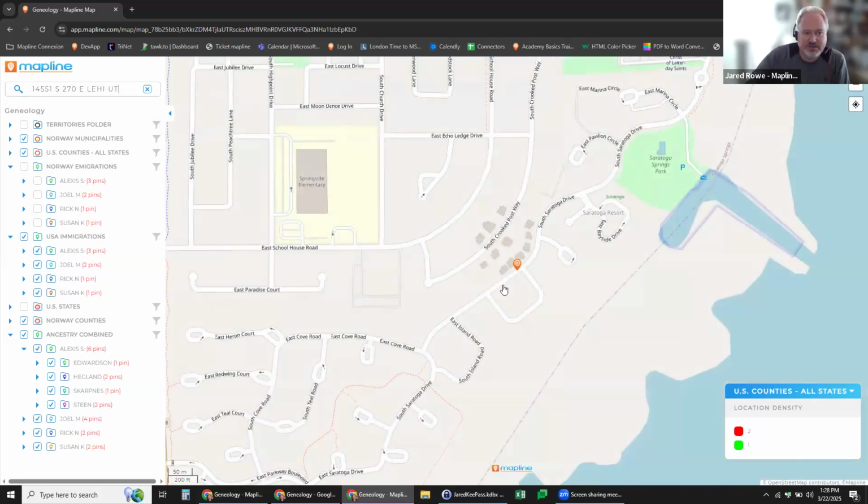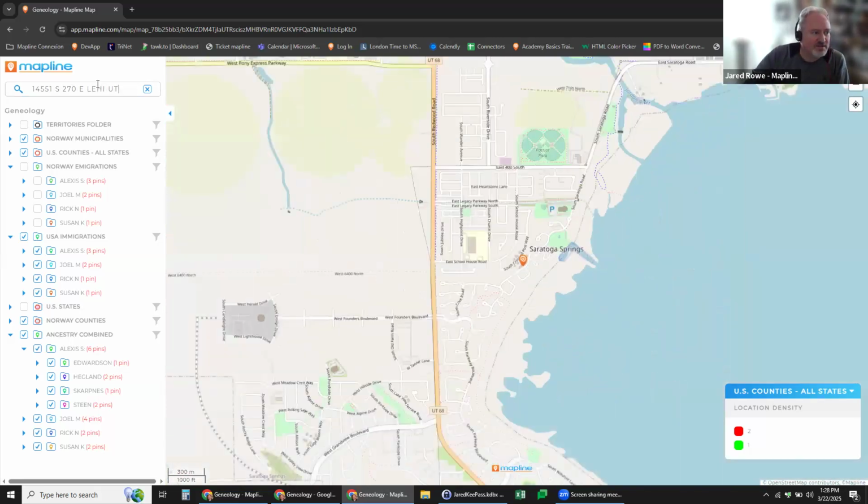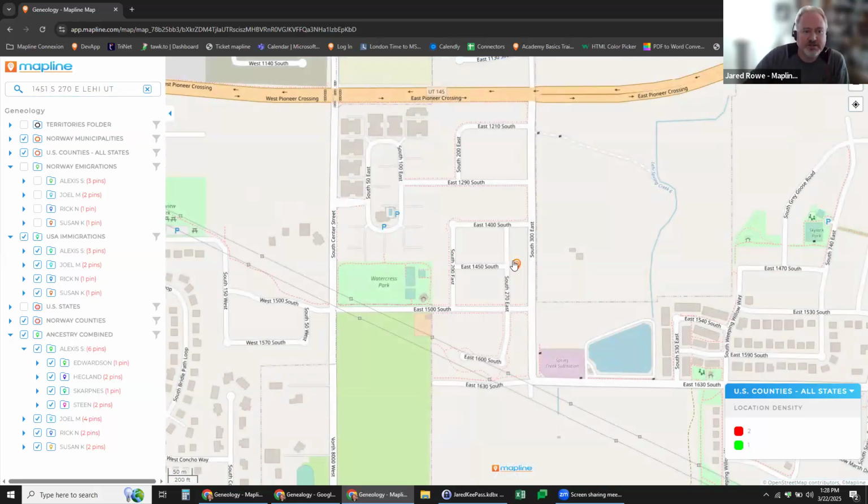I can search an address. It'll go find that address. That's the wrong address. I was actually searching for my house. This is where I live. You could actually pull in, if you wanted to, then you could right click, copy the coordinates, and then use that instead of an address location